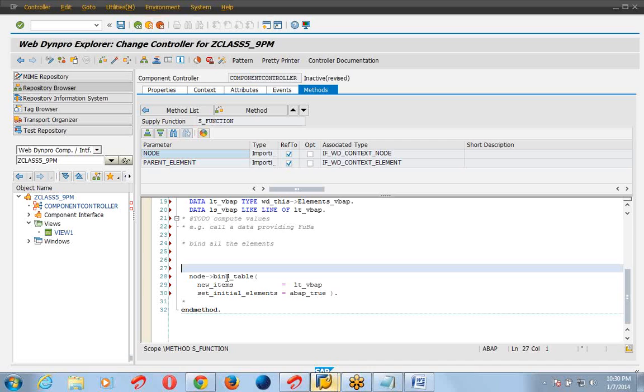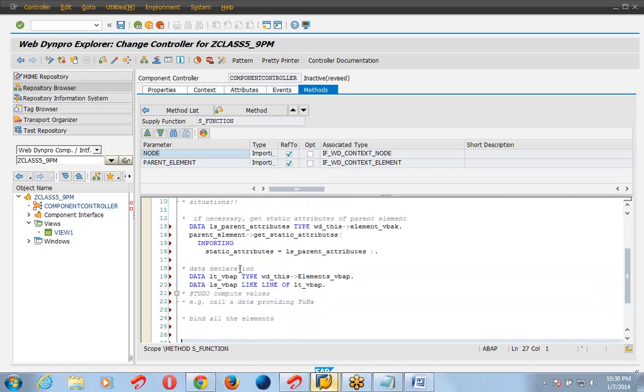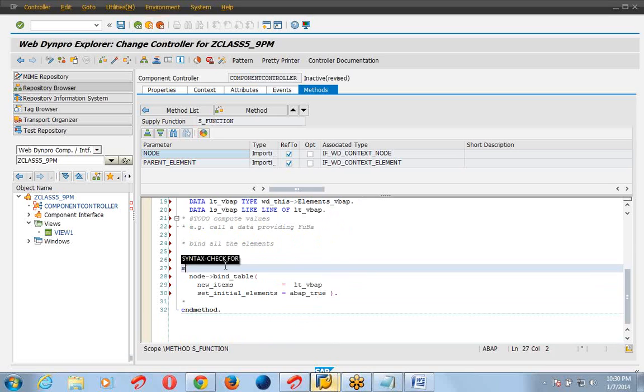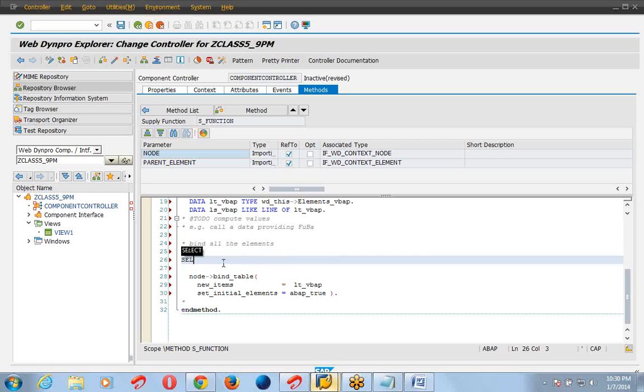So here also we will write the select query. Select from which table? VBAP.